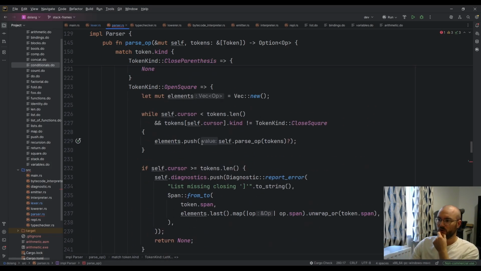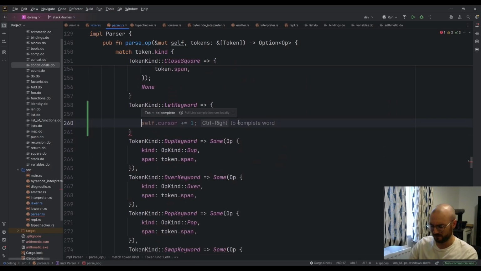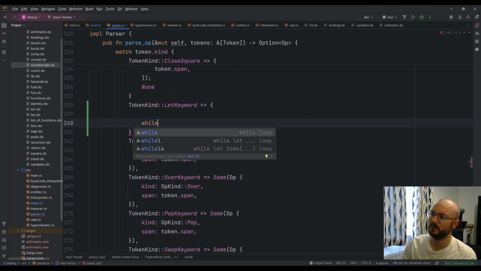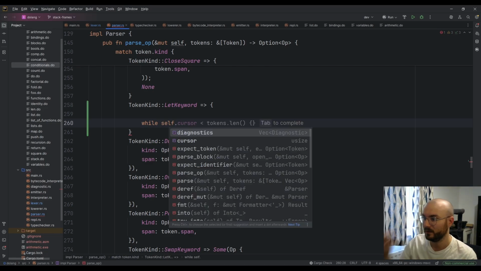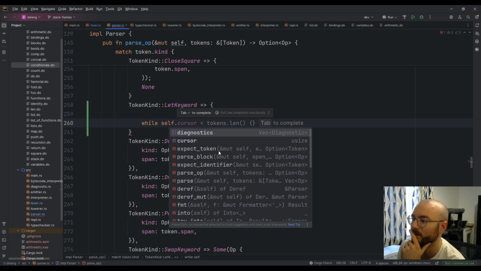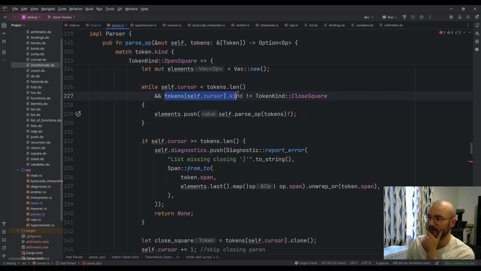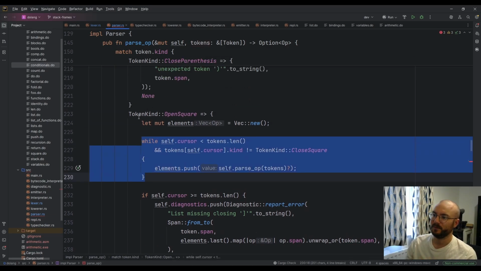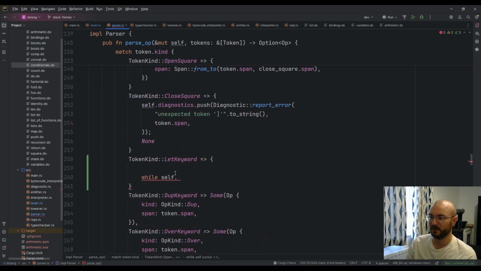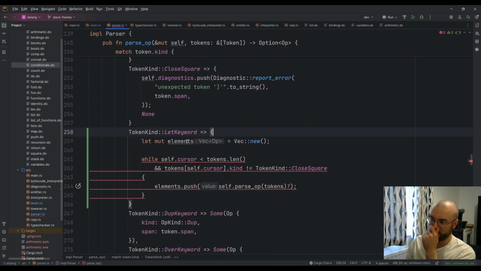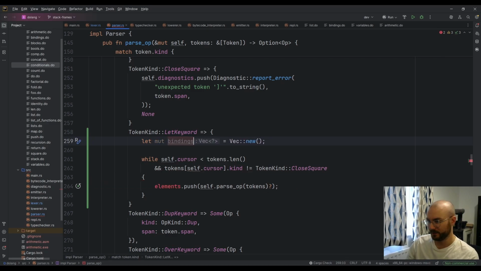So how do we see what the current is? It's been a while since I've had to be in my parser. So while, what do we have? We don't really have a peek. I think we might have to do this sort of thing. Yeah, pretty much exactly like this, how the lists are parsed. So elements. So this would be bindings. And while it doesn't equal open parenthesis, we push